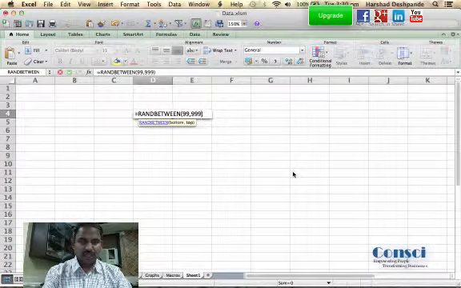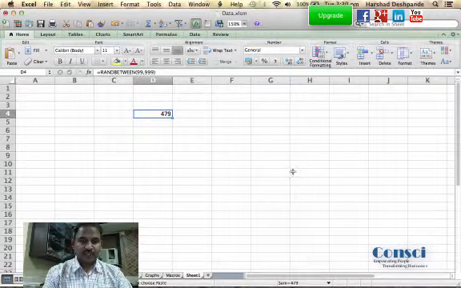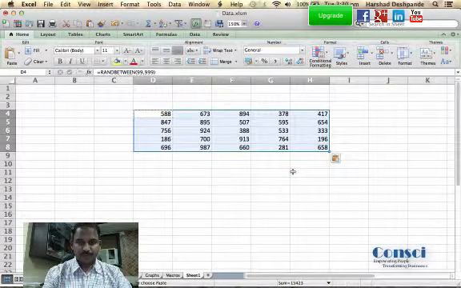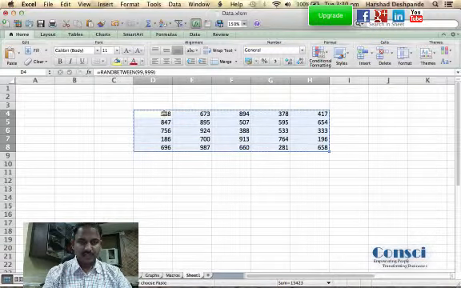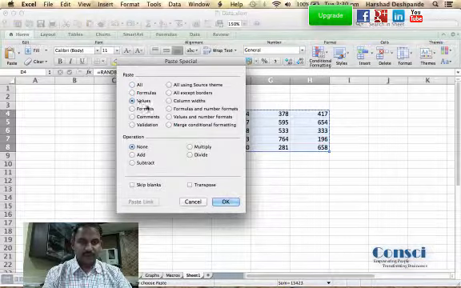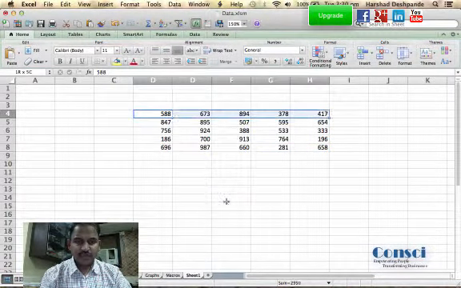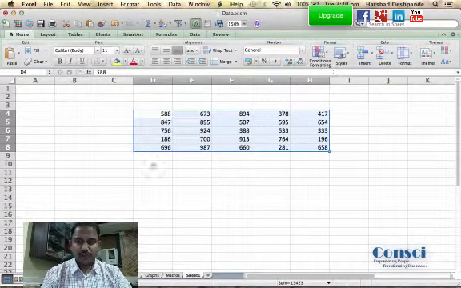So this is done by a function called RANDBETWEEN. Now just copy this function and select the area and just paste it. Now I copy it and paste special so that the numbers don't keep changing frequently after every change that I am making. Having done that, let us say I want to identify numbers which are top 10 in this.